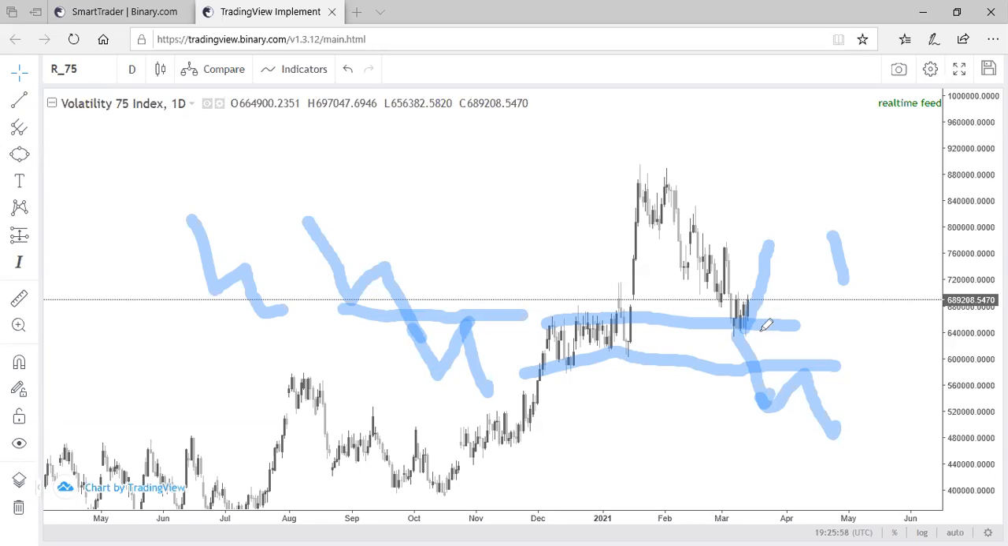Why? Because recently we found out the price is in a very strong support zone. So definitely it's going to break out here. And then it's going to break out, give us a test, then continuation to the upside, because the overall trend is an uptrend. And recently price has